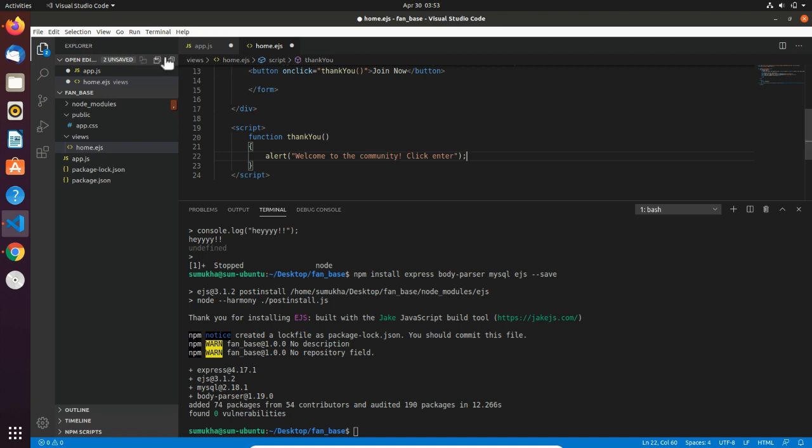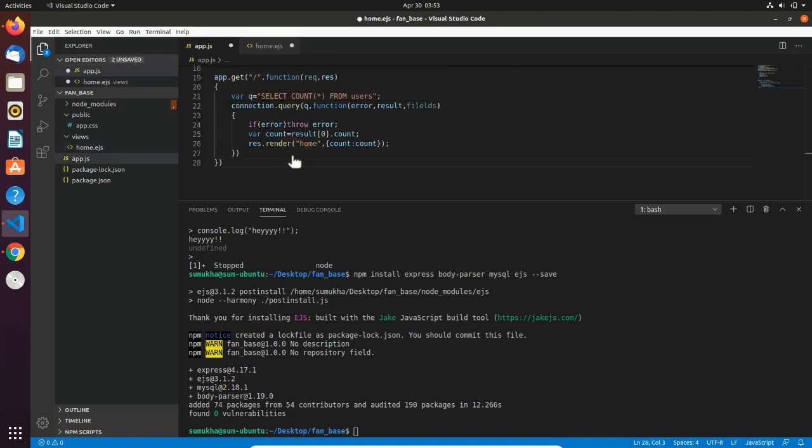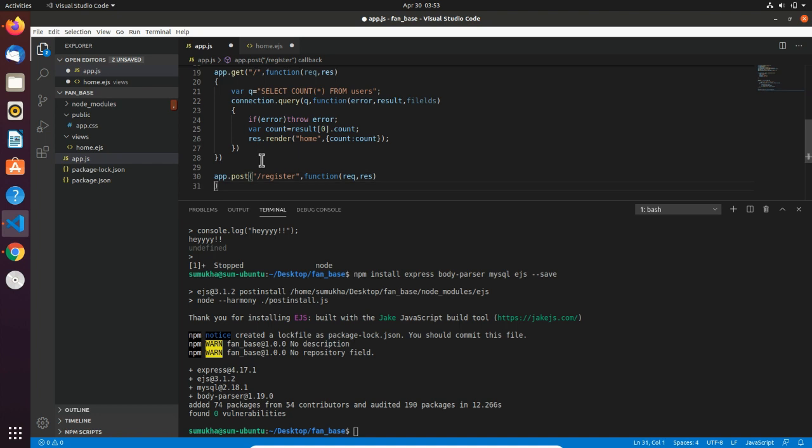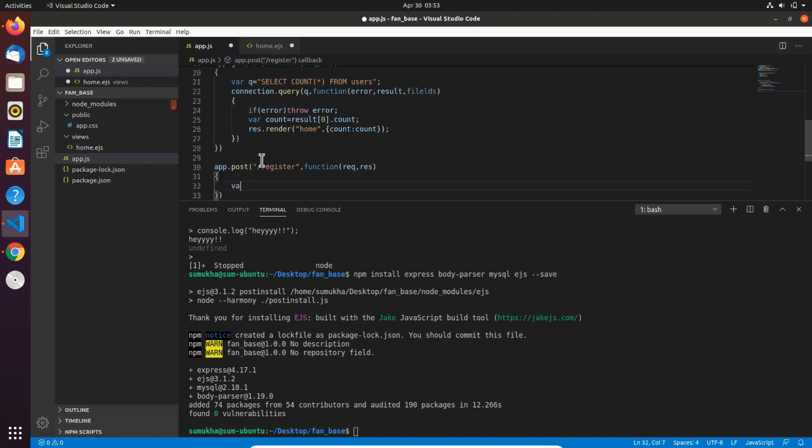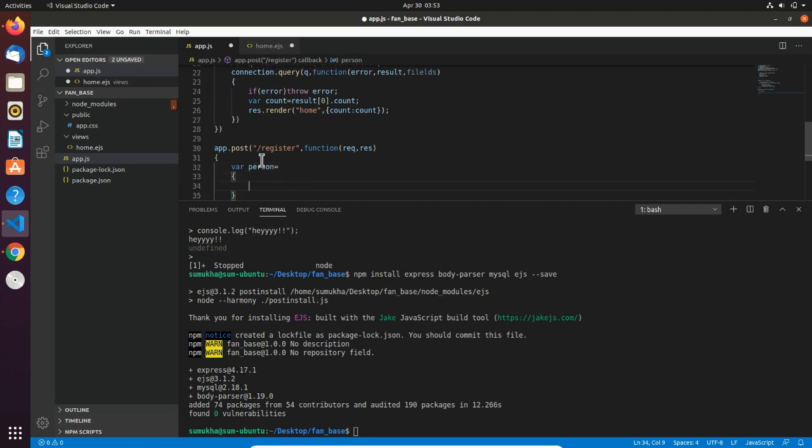Now let's go to our app.js and try to complete our register route. For that we have to specify post method, app.post, route being register, function, again request response. Here we use a JavaScript object called person to take values from the form.